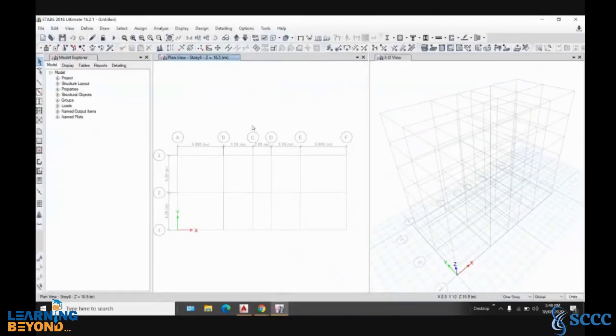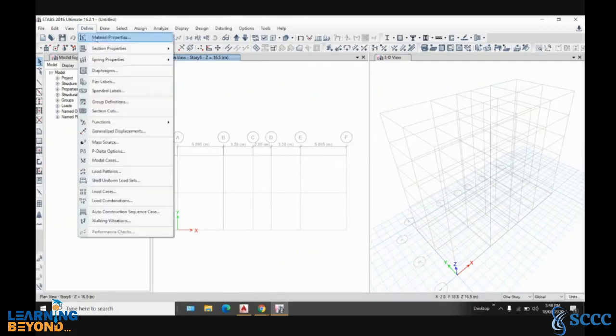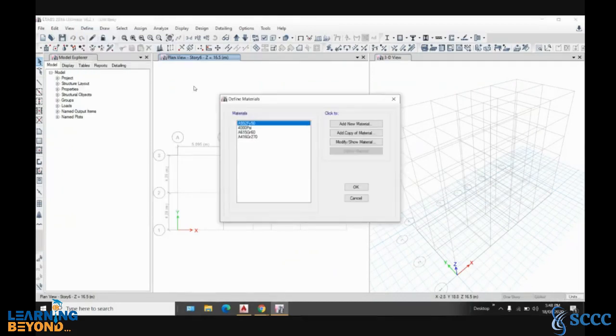Before creating the model, we will have to go for define. First go to define, click on define, and click on material properties. Unless you give an instruction to any software, the software cannot take a decision on its own. So we'll add a new material.